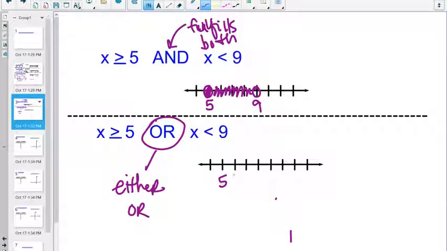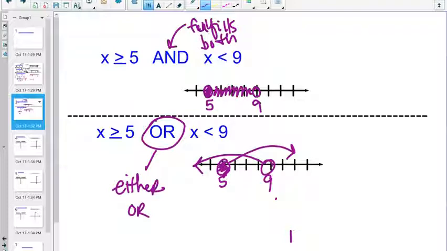So same number line, 6, 7, 8, 9, same circles, but I could choose anything going in both directions here. Okay, so lots of numbers. Oops, I have my circles backwards here. Lots of numbers fulfill both of these. And for example, if I chose x equal to 9, that would be x greater than 5. Okay, so you can kind of put the arrows both ways on this, but either or means it could be